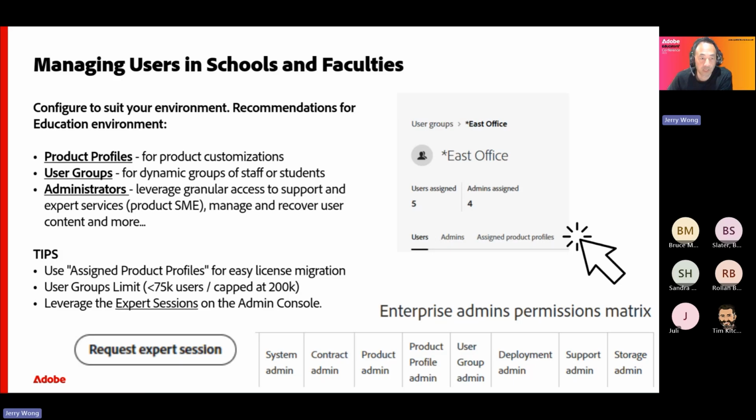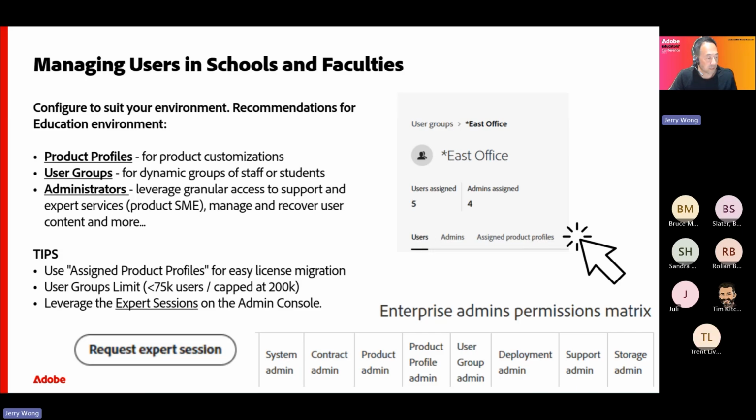Some organizations may be managing several consoles, and most probably only using one, and for a standalone school, etc. So we always recommend in these sort of circumstances for education, I would recommend using product profiles so you can actually customize a particular setup for your actual users, right?